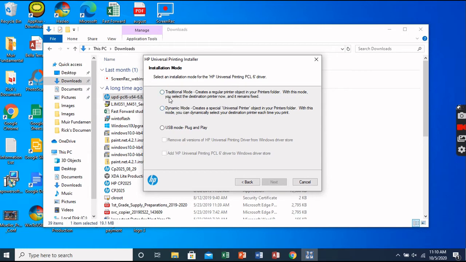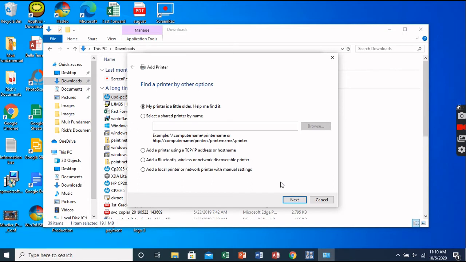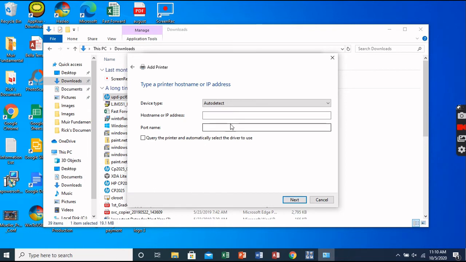Once you do that, the wizard installation comes up. When this comes up, usually the first choice would be the right one, the traditional mode. Don't try to do any custom or dynamic mode. So click that and click next, and then here what you want to do is go down to the choice where it says add a printer using an IP address. Click next, and here you're going to enter that IP address once again. In this case, it is